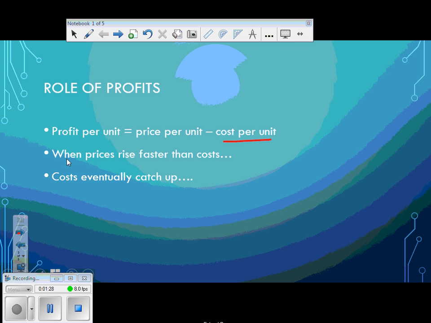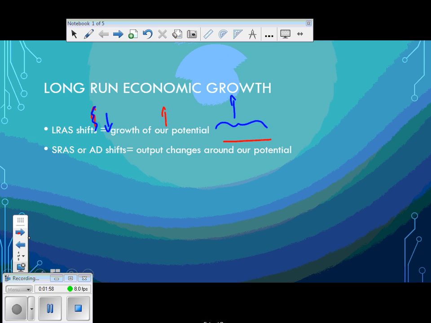Because for a time, prices go up more quickly than wages can adjust, which means more profit, right? So if prices are going up, costs are staying the same, profit's going to go up. In the long run, when wages adjust, cost per unit goes up, profit goes back down. So costs will eventually catch up, which means in the long run, most economists agree, the economy is self-correcting. Of course, determining when that long run is a source of a lot of policy arguments. So we're going to get to this in a sec. Let's look at our models.